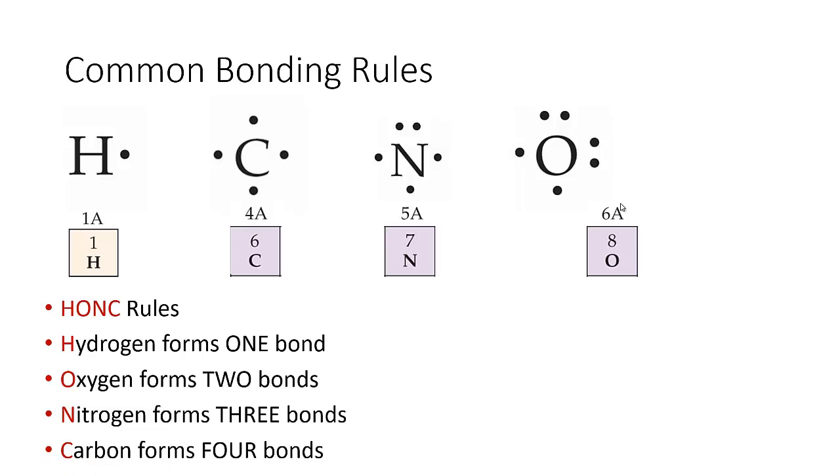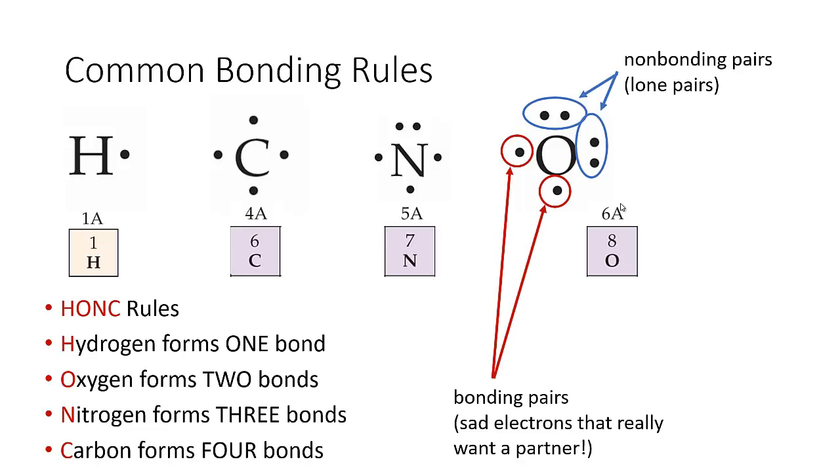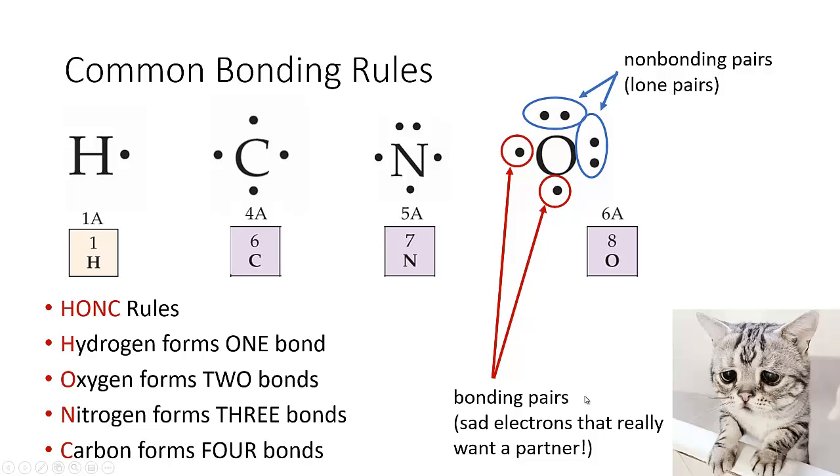But then how do these Lewis structures immediately tell us how something wants to bind? Well, we have these things called bonding pairs and non-bonding pairs. And so if you notice, we have these non-bonding pairs. Each electron has another one right beside it. It's nice and happy. It has a partner. But then you have these non-bonding pairs that are sad. They really want a partner. But they don't have one, so they're going to try and find one, either through an ionic bond or a